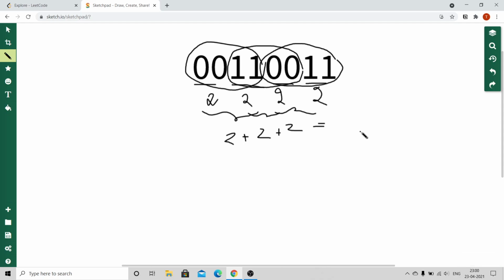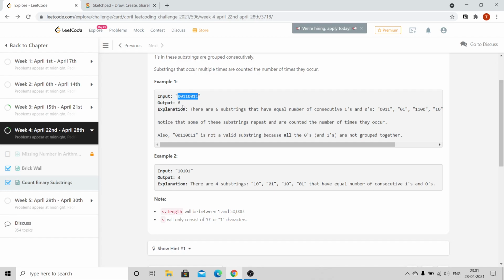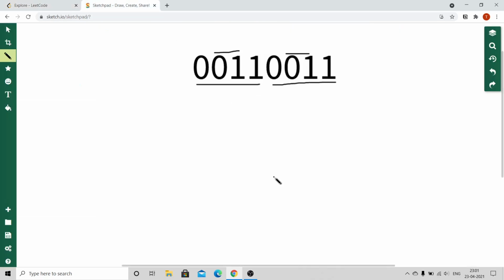I'll just try to show you all the 6 substrings so you could be more clear about this. So now if you take a look here, this is one substring which is valid, this is another substring which is valid, this is another substring, this is one another substring, this is one another substring, and this one is one another substring. So as you can see here, a total of 3 plus 3, that is 6 substrings. You can see that there are only 6 substrings. These are the valid substrings. So we are sure that our approach and our intuition is correct.